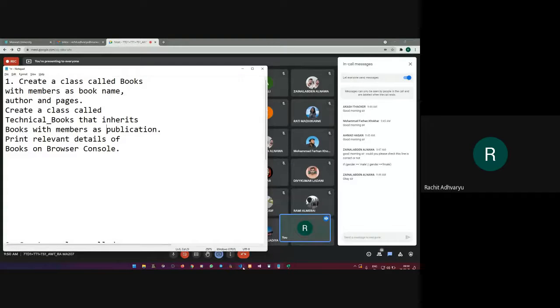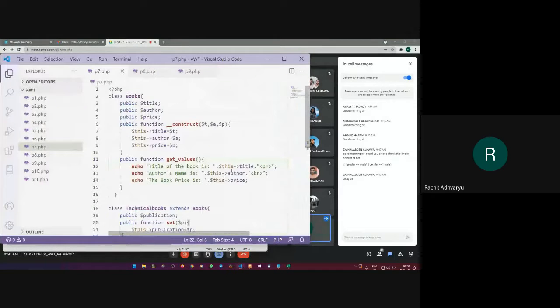So let's see the program then. So this is the program I was expecting. I have a class called books, which has the properties title, author, and instead of price, I would say pages, right? Then I am creating one constructor for setting up the values, or I would say assigning the values to all the three properties. So I'm using a constructor with three parameters and I'm setting up the values to these properties.